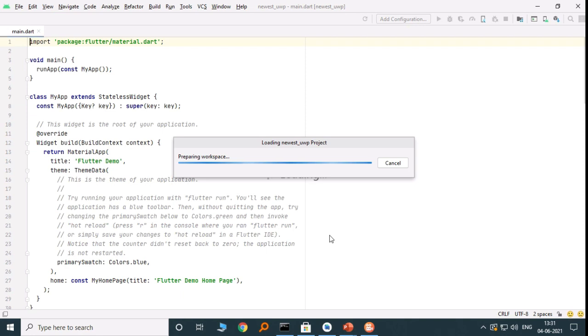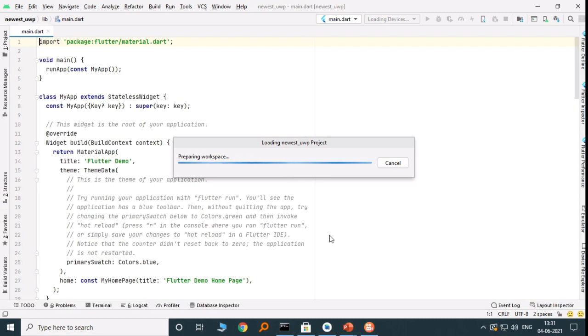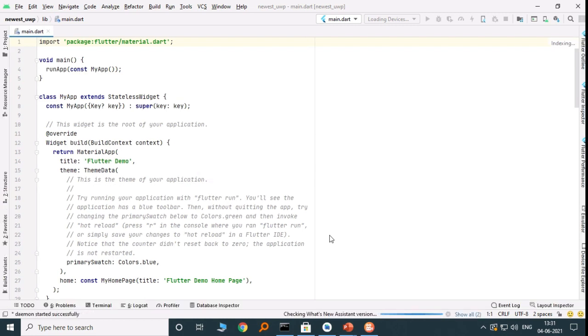So basically this is the sample application that we always get when a new Flutter project is created. This is the counter application that we always get, in which we get a floating action button with the icon named as plus, and while clicking on the icon it will increment the counter and we will get the message that you have pushed the button so many times.